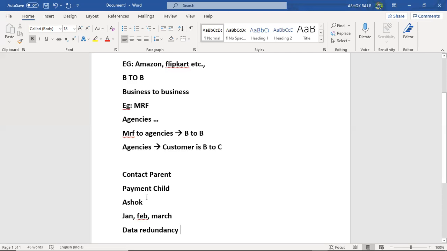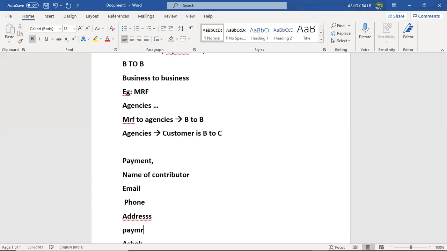For example, assume that I don't have a contact record at all. All I have is a payment object. In the payment object, I have to create the name of the contributor, the email of the contributor, their phone number, their address, their payment and their month details.